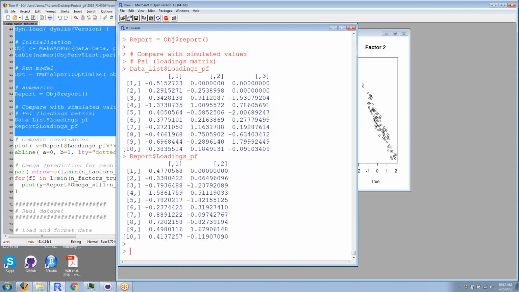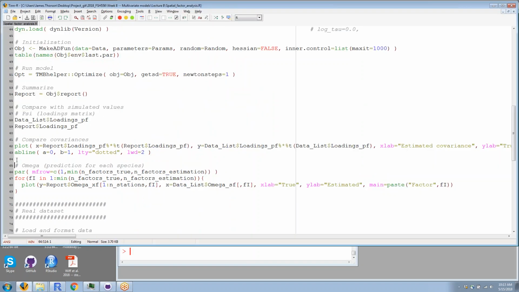But there are definitely some cases where the first factor is estimated as the negative of the true first factor, except for some reason the third row of the first factor has a much higher value than it should, maybe because it's picking up on the third factor, like the first factor is some mix of the real first and third. And so if you want to really look at how they compare